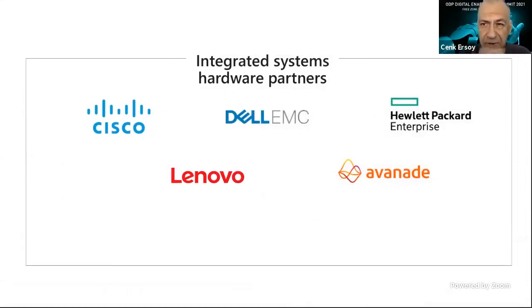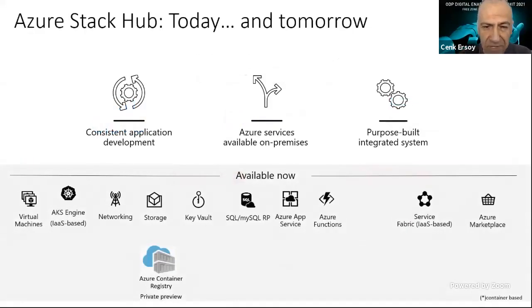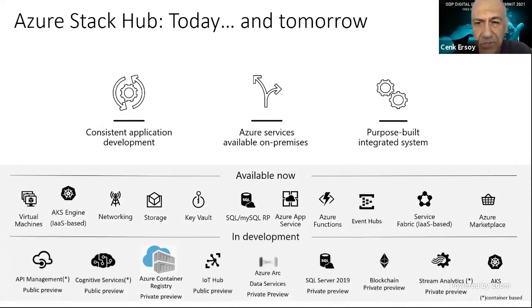So these are the hardware vendors that provide Azure Stack Hub as an appliance solution. And these are the services that are available in Azure Stack Hub now. These are the core services I talked about. You may not be familiar with Azure, but you'll be able to carve up virtual machines. You'll be able to do virtual networking, storage. We have a Key Vault solution, which is an encryption solution. You don't need to write things that are human readable. You can embed it into here, and you know that it's secure.